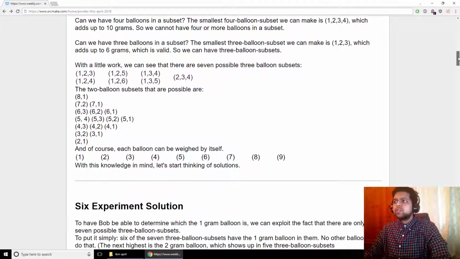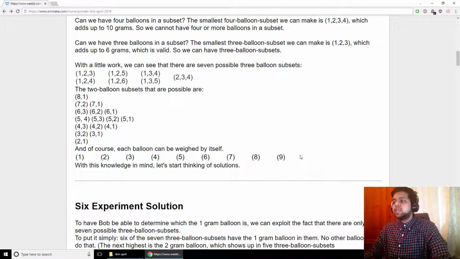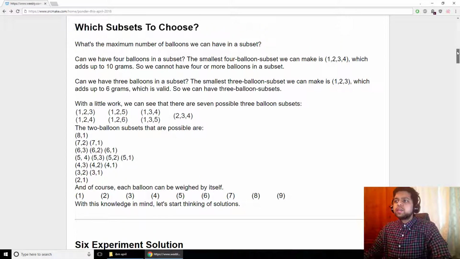You can also have 2-balloon subsets, of course. You can have the 8-gram lifting balloon and the 1-gram balloon. Those work out. The 7-gram balloon and the 2-gram balloon, etc., etc., for 2-balloon subsets. And obviously, each balloon can be weighed by itself because all balloons are under 9.5 grams of lifting capacity. So those are the subsets we can choose, and with those in mind, we want to come up with a